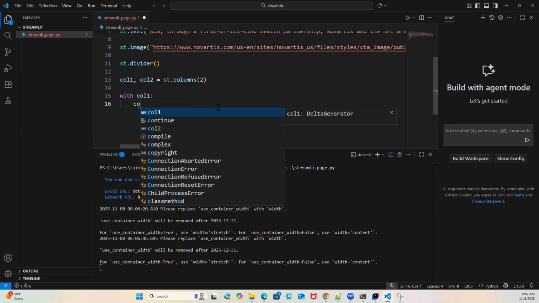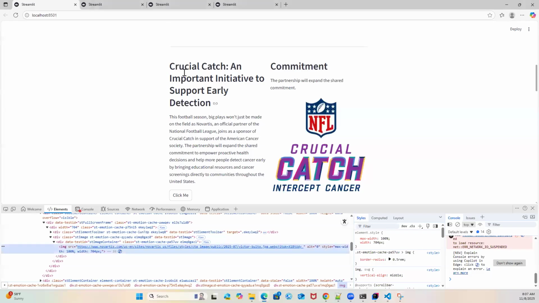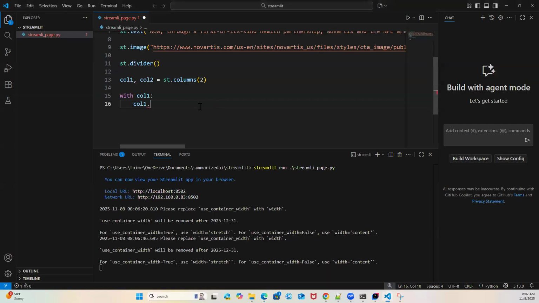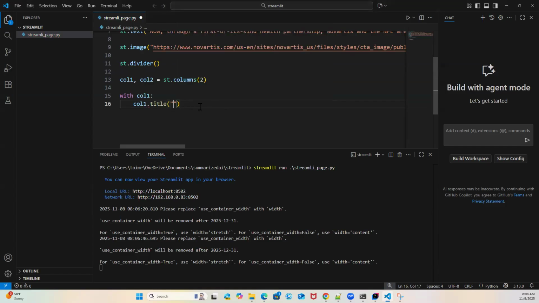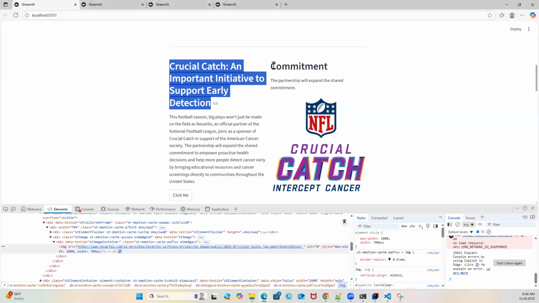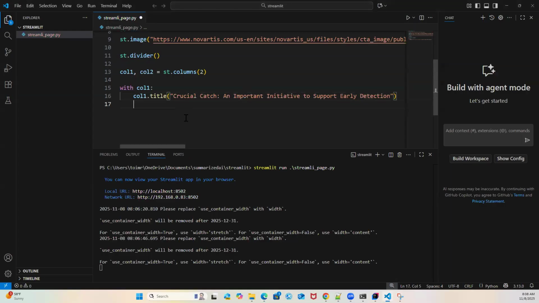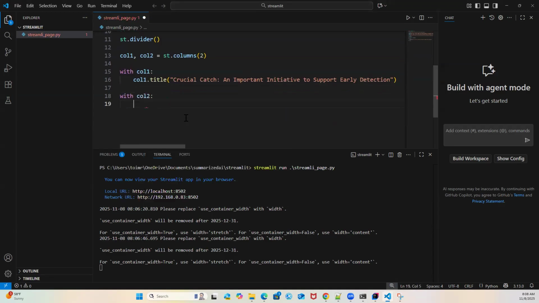Enter. Now in column one, you would see we are having a title here. It's simple and straightforward. You can say column one dot title and provide this title here. And similar to this, you have a title for column two also. So you can say with column two, and you can say here column two dot